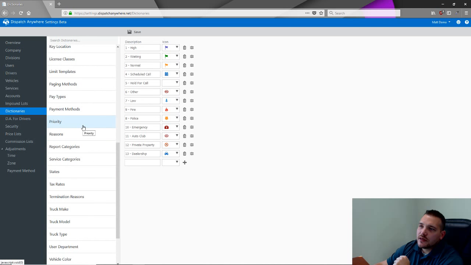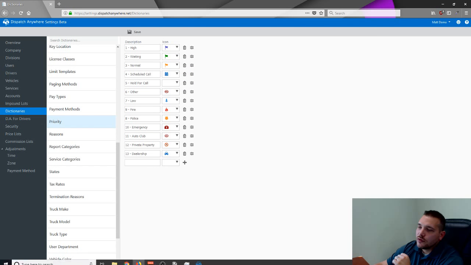Priorities is something people kind of skip over or don't maybe know about as much. Basically, we can make as many or different priorities as we want to in here. And we can add different icons for them. All right? And what these are used for